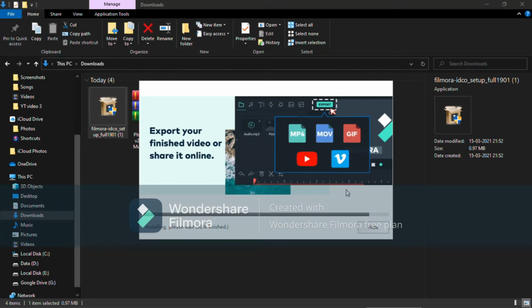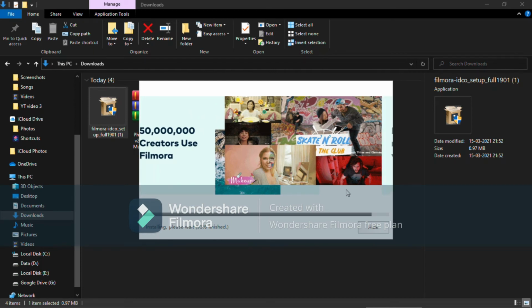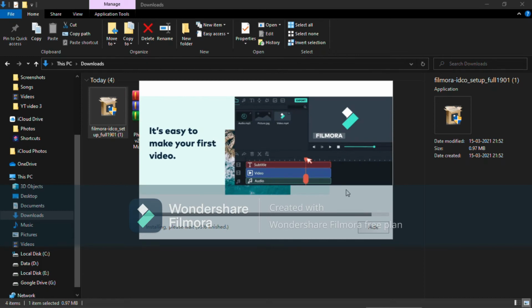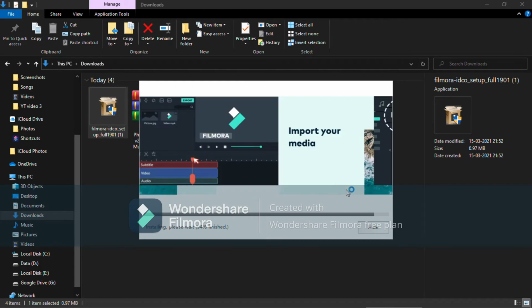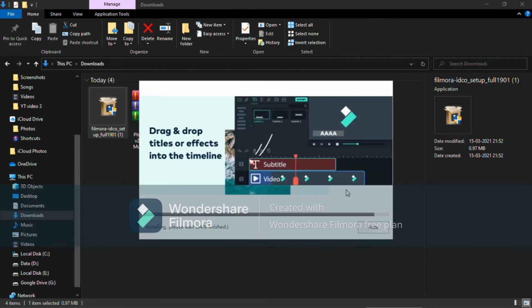With this software you cannot just edit a video or make a video, you can also combine images to make a video, then add voiceovers and different titles, subtitles to it. Then you can make an intro video for YouTube and many other videos, like the full main video for YouTube. There are many options in this software.